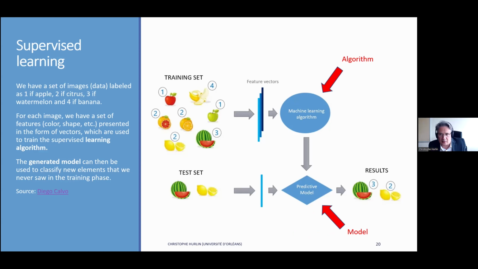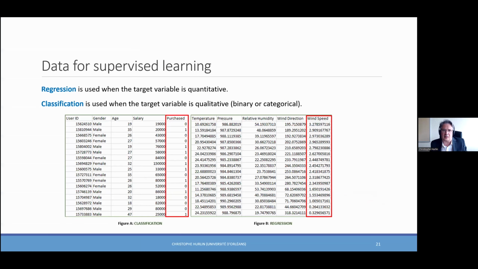Okay, so we have an algorithm and we have a model, and we need to make the distinction between the two. For instance, for supervised learning or regression, we can have some machine learning algorithm for regression and another for classification. What is the difference? In the case in which Y is continuous, we have a regression model. And in the case where Y is binary, for instance 0, 1, or discrete, 1, 2, 3, then we have a classification problem. So we have algorithms for supervised learning, for classification, and for regression.